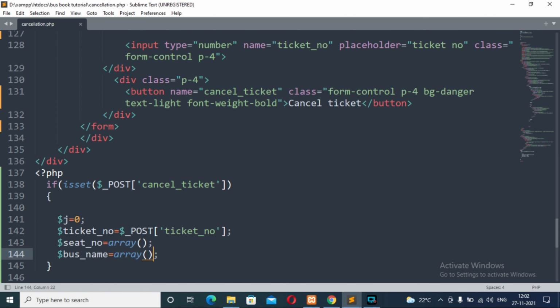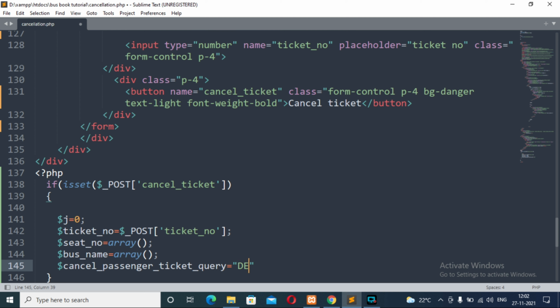So after this, create a variable cancel passenger ticket query. Okay, and we will store an SQL query inside this variable.